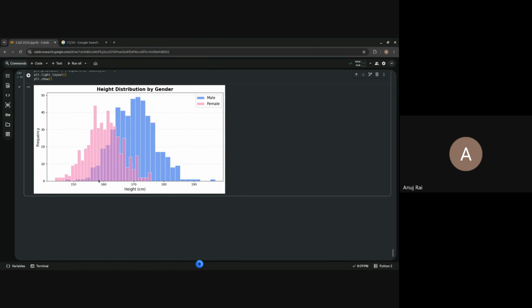So around 50% of female, more than 50% of female share a common percentage of height distribution about the lower height segment of male. So it is a very effective way to visualize and communicate the